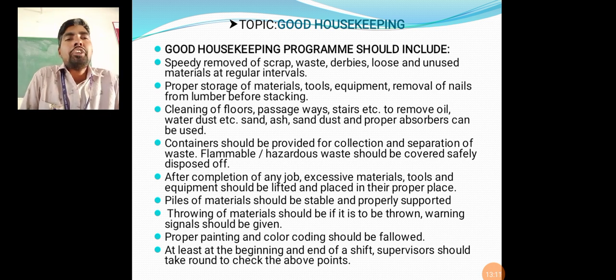After completion of any job, excess materials, tools, and equipment should be lifted and placed at their proper places.